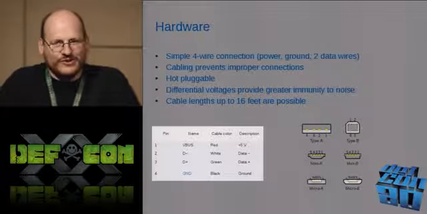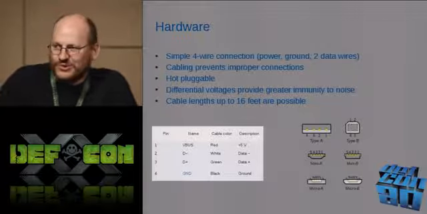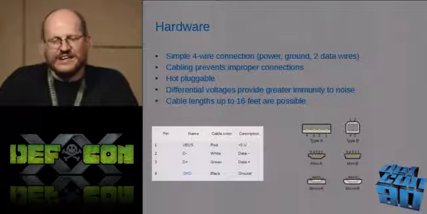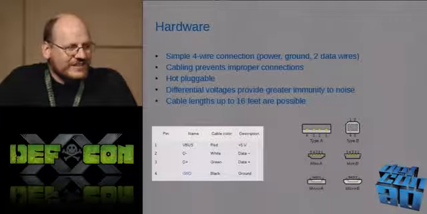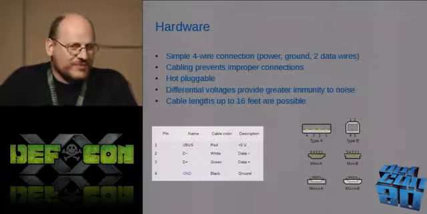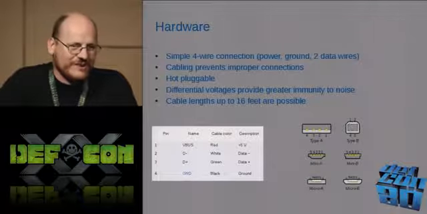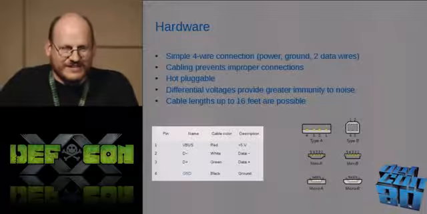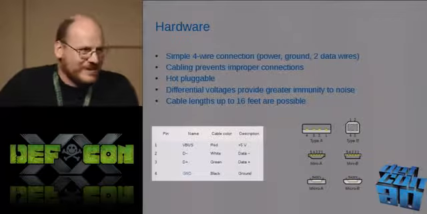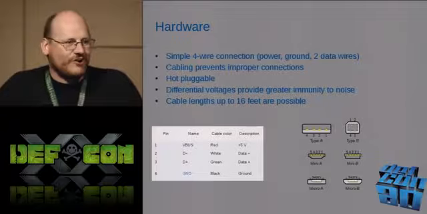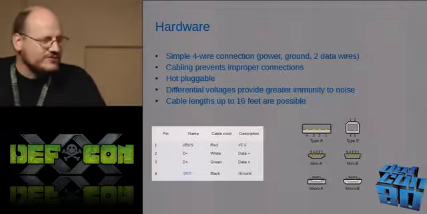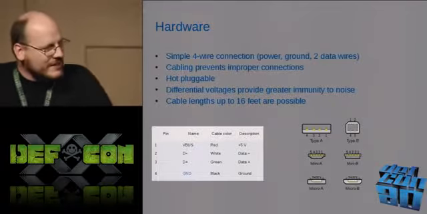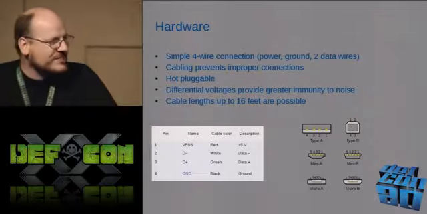So, if you're used to going old school serial, you know that you can very easily hook something up wrong and you're like, oh, that's the wrong kind of RS-232 cable, or oh, it's got the 25 pin, I needed the 9, and oh, it's not a null modem cable, and they got rid of all of that hassle. Also made it hot pluggable, and they use differential voltages, which is